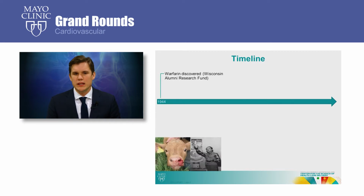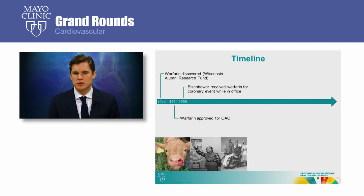Well, for many years, the only agent available for anticoagulation was warfarin. This was first discovered in the 1940s when researchers at the Wisconsin Alumni Research Foundation identified a source of bleeding in cattle who were eating spoiled clover. This was initially marketed as a rat poison, but within 10 years it was approved for oral anticoagulation. It received widespread recognition when Dwight D. Eisenhower was treated for a coronary event while in office with warfarin,